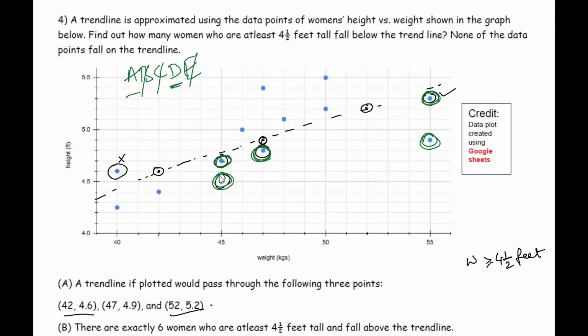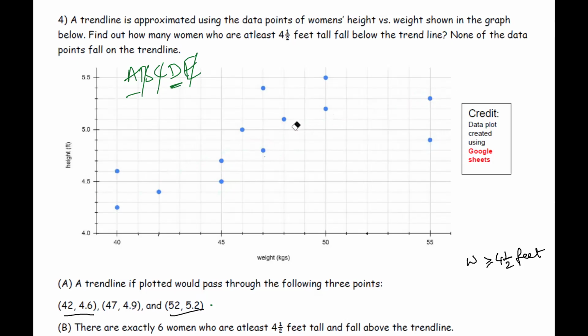Now, if you guys notice something out here, all of these dots that you see: 1, 2, 3, 4, 5, 6, 7, 8, 9, 10, and 11. All of these dots are above 4.5 feet. 11 dots are above 4.5 feet, and we want at least 4.5 feet. So there are 11 who are at least 4.5 feet,